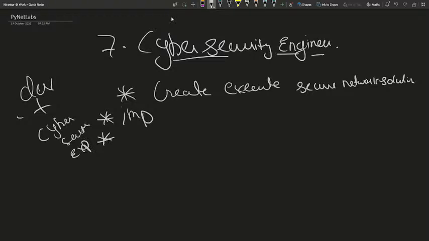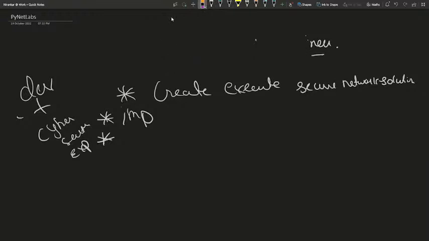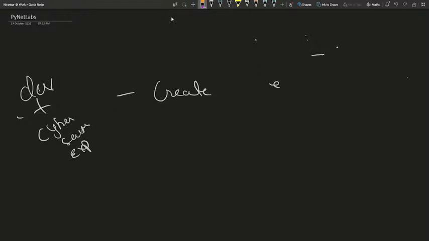Now we will talk about application security engineers. These are some of the jobs which are used for basically developing solutions. The jobs we are talking about right now are basically handled to develop and to basically patch it.